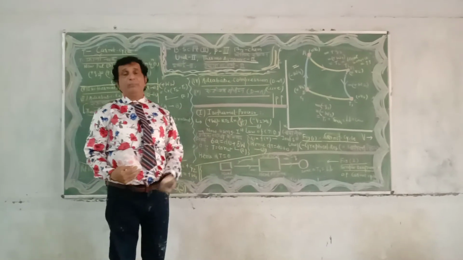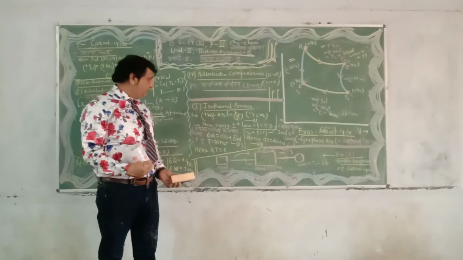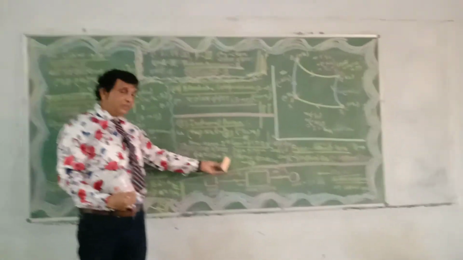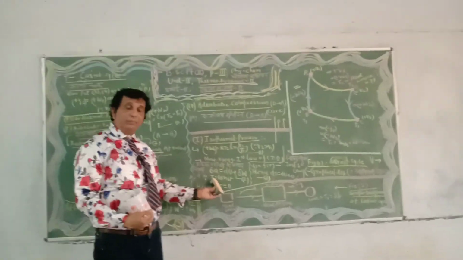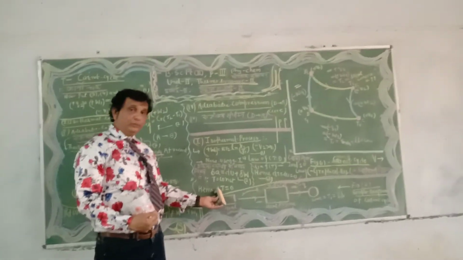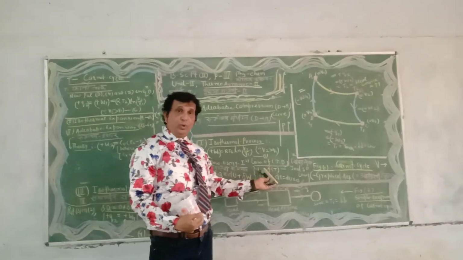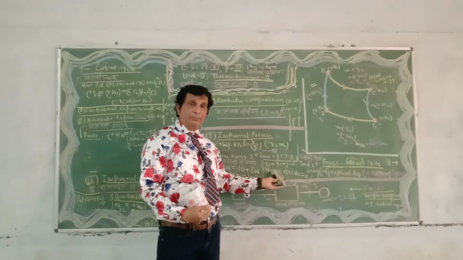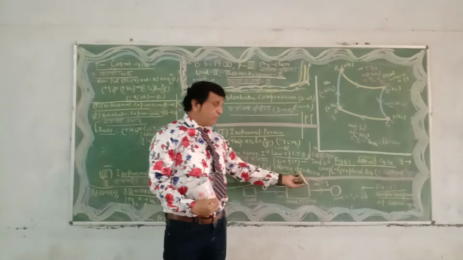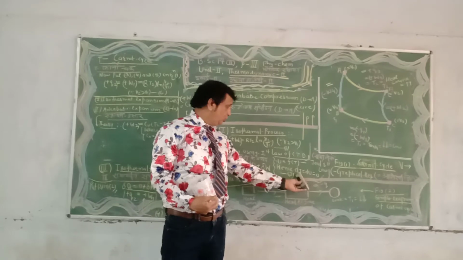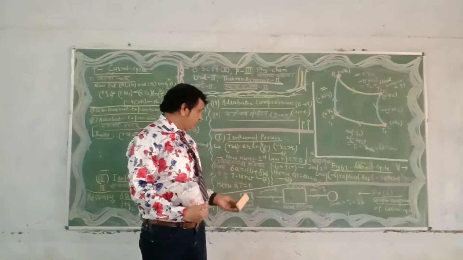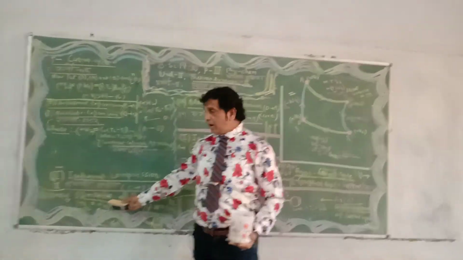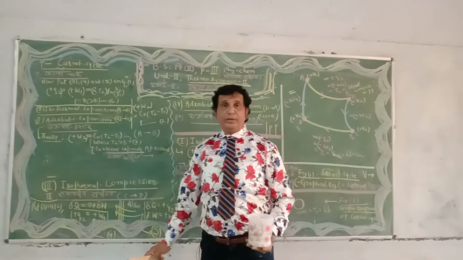Now we introduce the fundamental state variable conditions using the first law of thermodynamics, that is delta Q is equal to dU plus del W. Since the temperature remains constant under isothermal conditions, dT is equal to 0. You know by Joule's law, internal energy is dependent upon temperature but independent of volume. Since dT is equal to 0, by Joule's law dU is also equal to 0. I mean to say in this equation delta Q will be equal to del W.